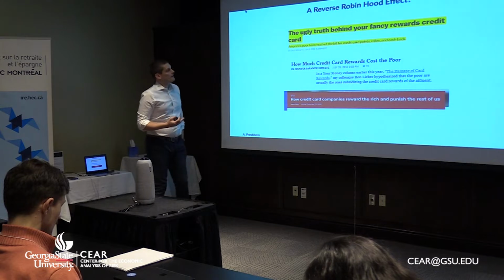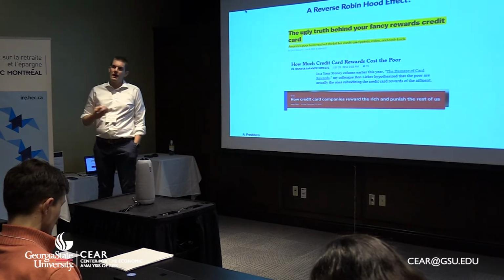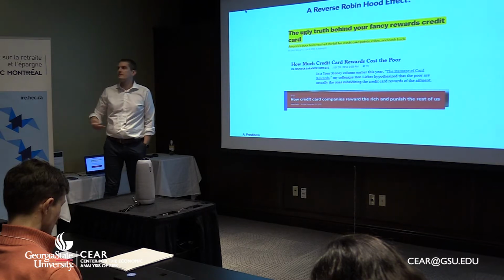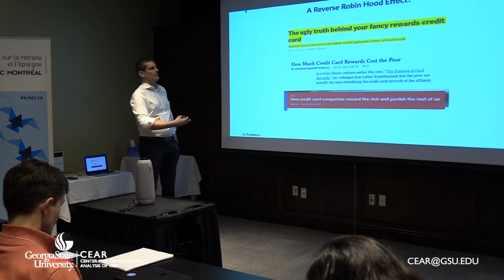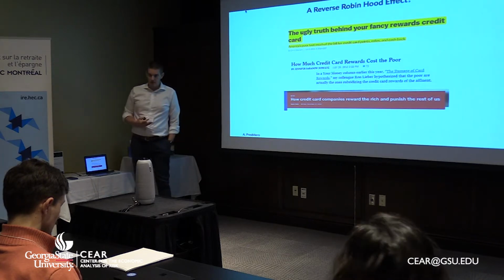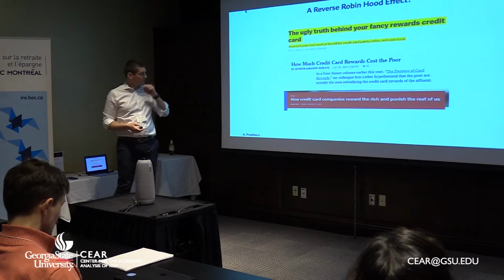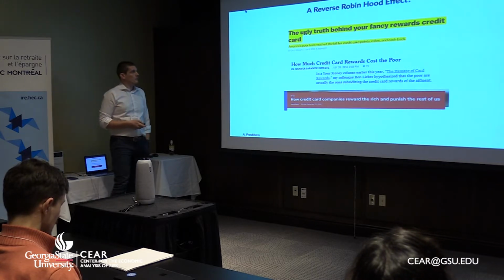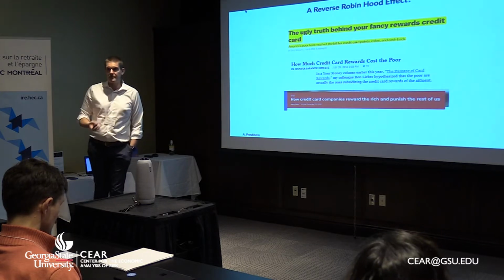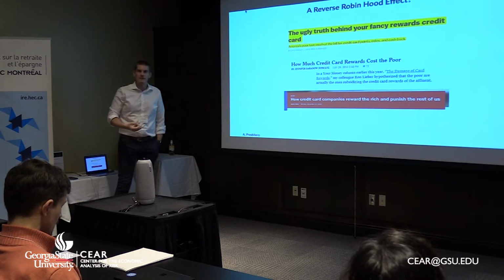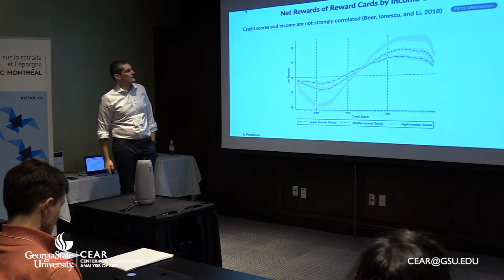It's kind of weird that it didn't come out so far in the discussion, but generally, people tend to think that this is all about income and it's the poor subsidizing the rich. It's called this reverse Robin Hood effect. It's all over the press. There are a lot of articles that basically say that the poor foot much of the bill for the credit card points, miles, and cash back, and there is legislation now in Congress in the U.S. exactly to limit that, also for these reasons.